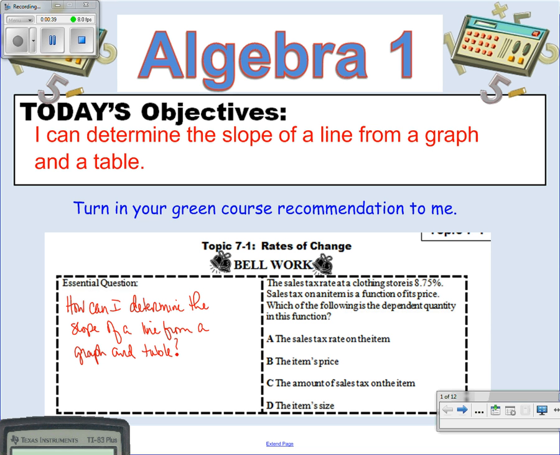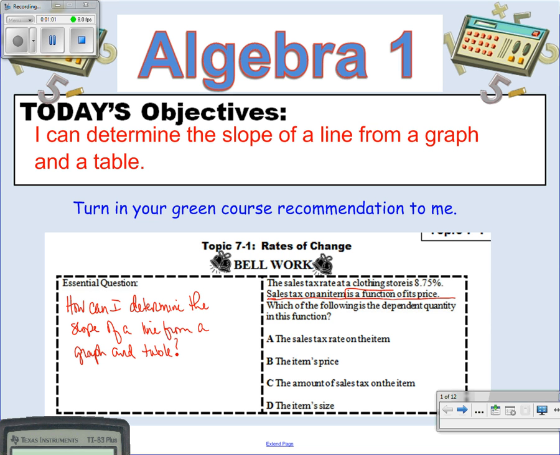Our bell work problem for today is a sales tax rate at a clothing store is 8.75%. The sales tax on an item is a function of its price. Which of the following is the dependent quantity of this function? If I know the sales tax on an item is a function of this price,